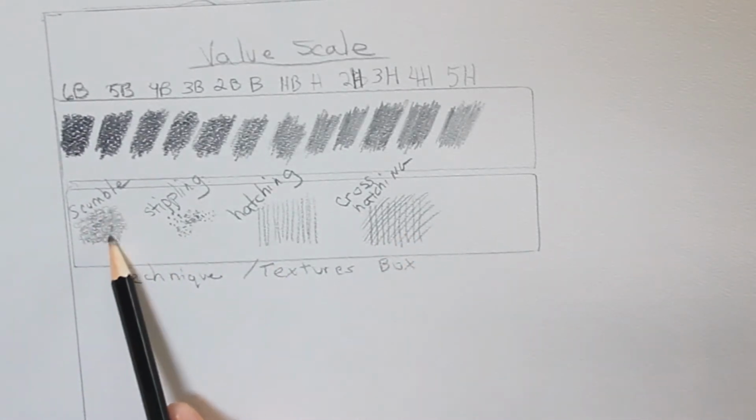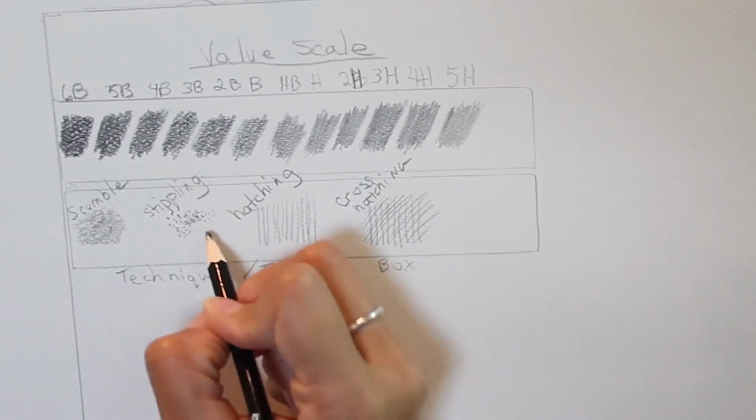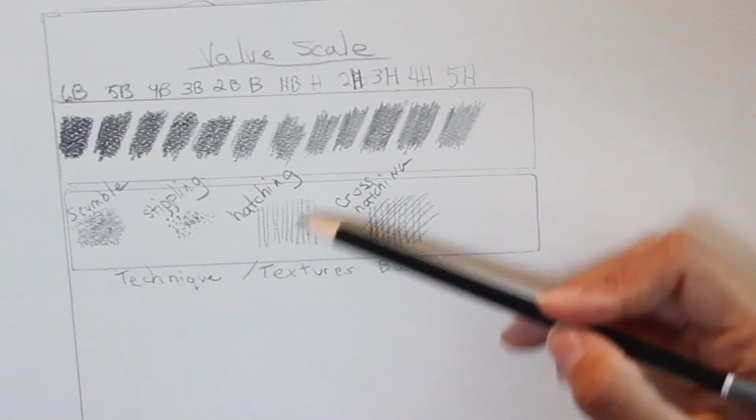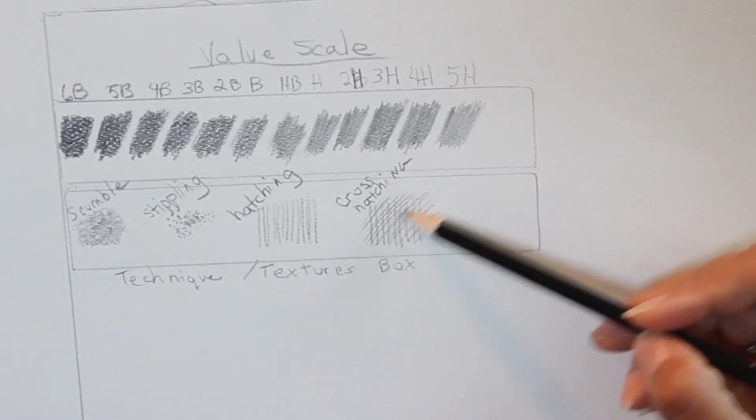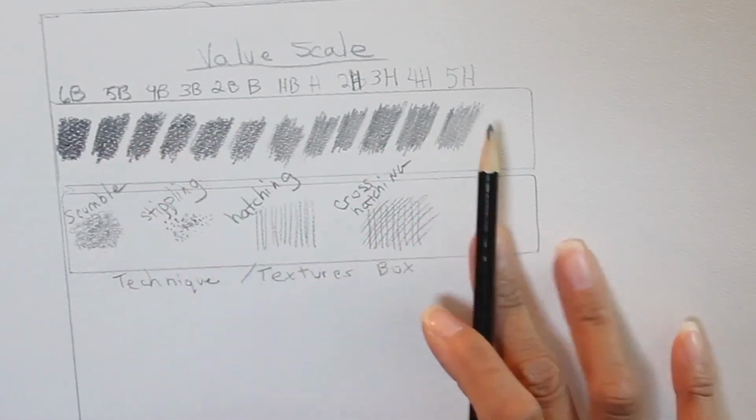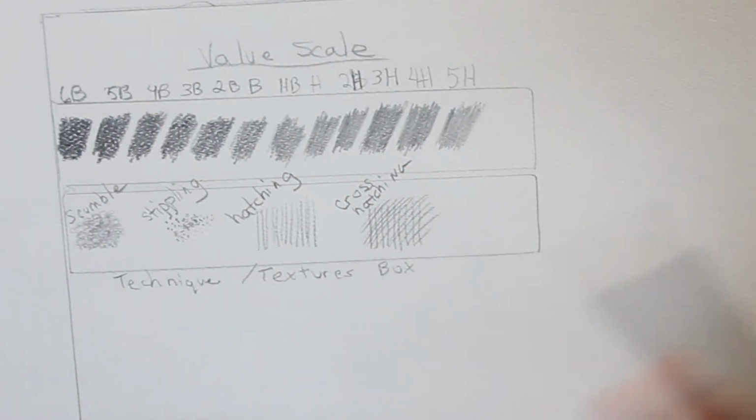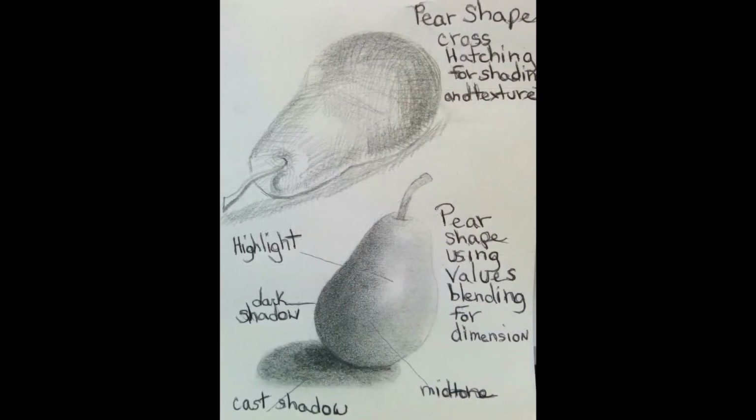So we have the scumble, which is just squiggly lines. We have the stippling, which is just dots. Hatching, lines up and down. Cross-hatching, where we're crossing our lines. These are all wonderful in using them to create textures in your drawings and to really get the values built up and get that three-dimensional